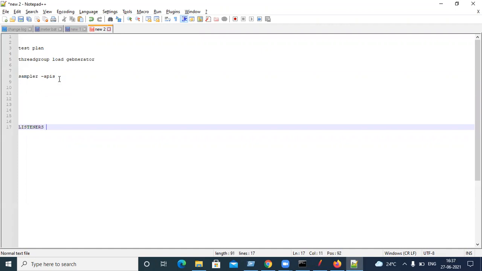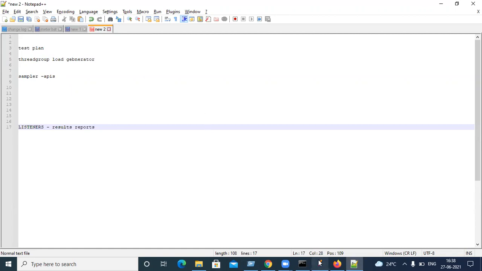To view results, the listener will help us with results and reports. It displays results and reports related to all the components. Suppose you want to generate a graph, or you want to see the output, or you want to do anything on the result side. The listener component will help us. Listener is nothing but listening, right? Our script is listening to the listener.